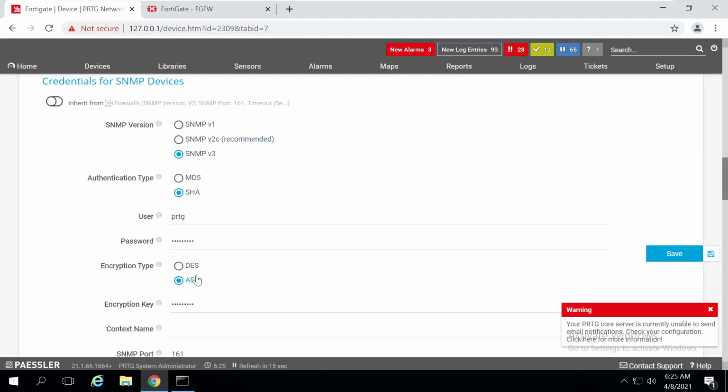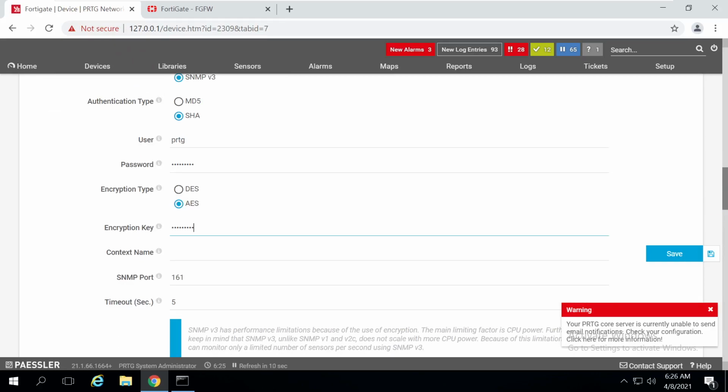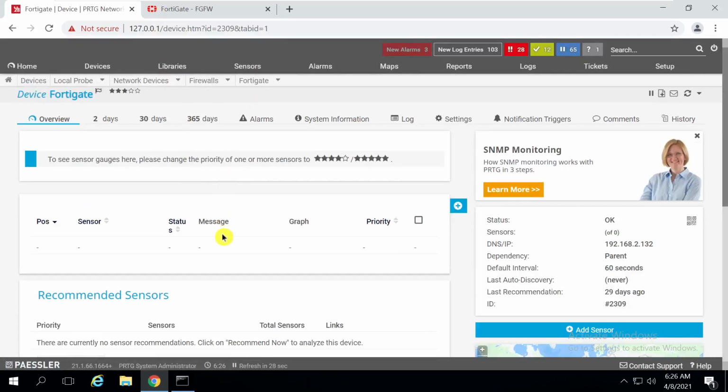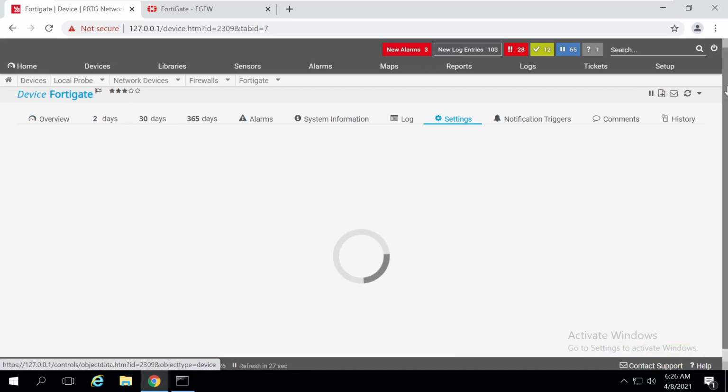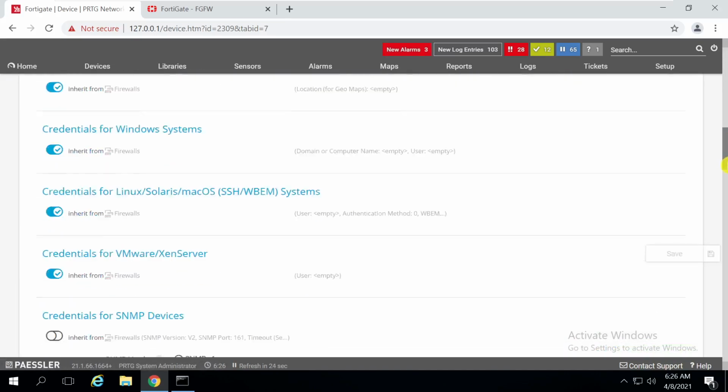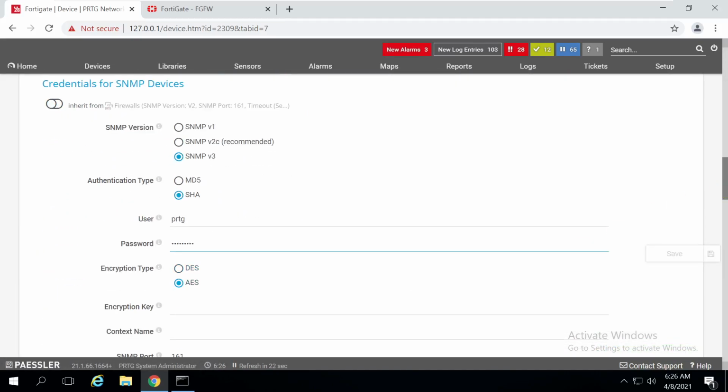I am disabling this. I don't want this. I'm saving. First we see only the authentication with no encryption. You can see that the encryption type is already selected, but if you are not giving the encryption key, then it will not be used.